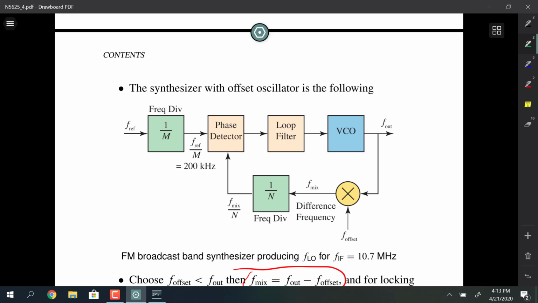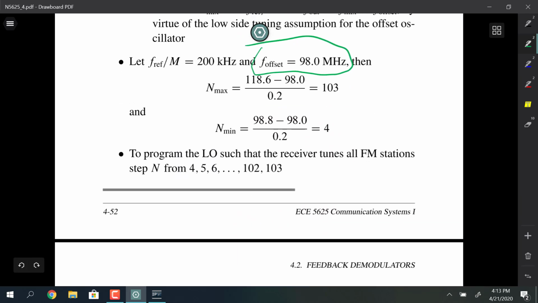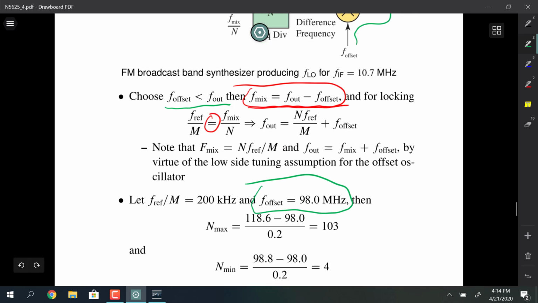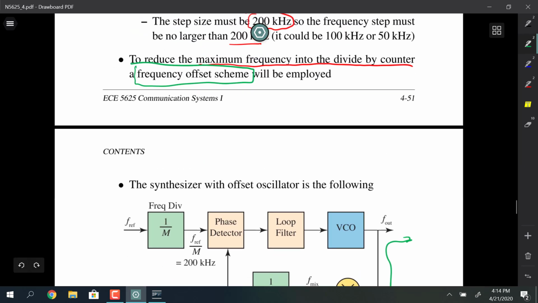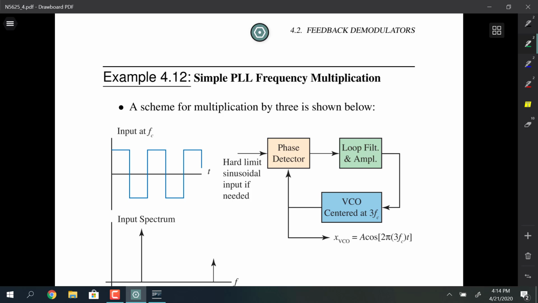F offset doesn't get into it in any way, shape, or form, but the reality is a mixer has reverse power flow, so energy will manage to get up this pathway. There's only so much isolation that would be in there, but hopefully you can control the isolation. So I'll let you think about that. You're going to have a problem on the next homework that involves this type of synthesizer with the frequency offset scheme. A couple other applications of phase lock loops would be